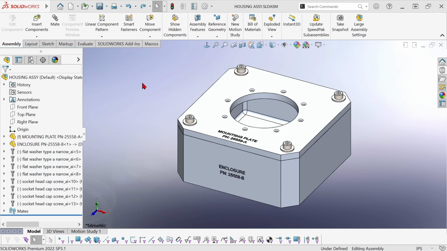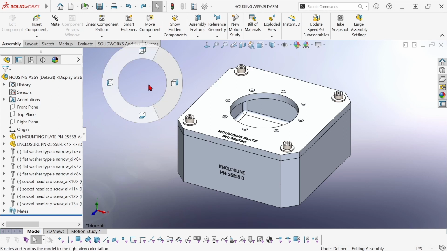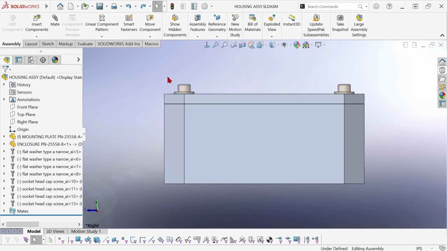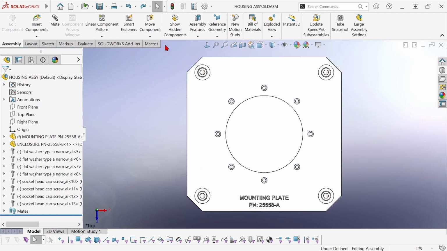Just right-click and drag in the graphics area, and the mouse gesture guide appears on screen. The guide is a ring divided into equal segments. Each segment has a different tool available that you activate just by moving the cursor to that segment of the ring. So I can very quickly, here in the assembly environment, go to a right view or a top view,